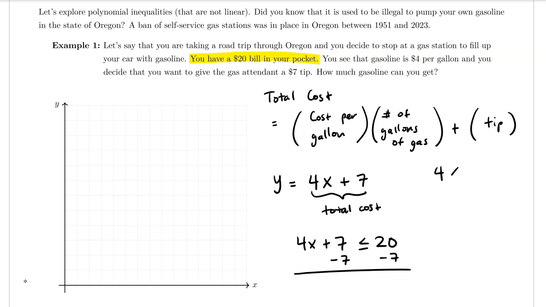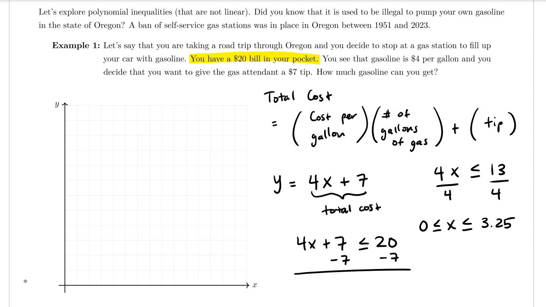And we get 4x is less than or equal to 13. Now, dividing by 4 on both sides, we get that x is less than or equal to 13 divided by 4, which we can represent as the decimal 3.25. And remember from earlier, x represents the number of gallons of gasoline that we're purchasing. We can't really purchase a negative amount of gallons, so I'm also going to say that x is greater than or equal to 0 and less than or equal